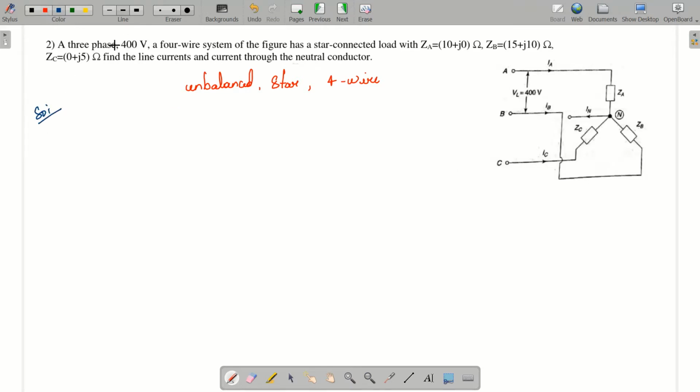A 3 phase 400 volt 4 wire system of the figure has a star connected load as ZA equal to 10 ohms, ZB equal to 15 plus 10j, and ZC equal to 5j. Find the line currents and the current through the neutral wire. So you can consider it as a simple